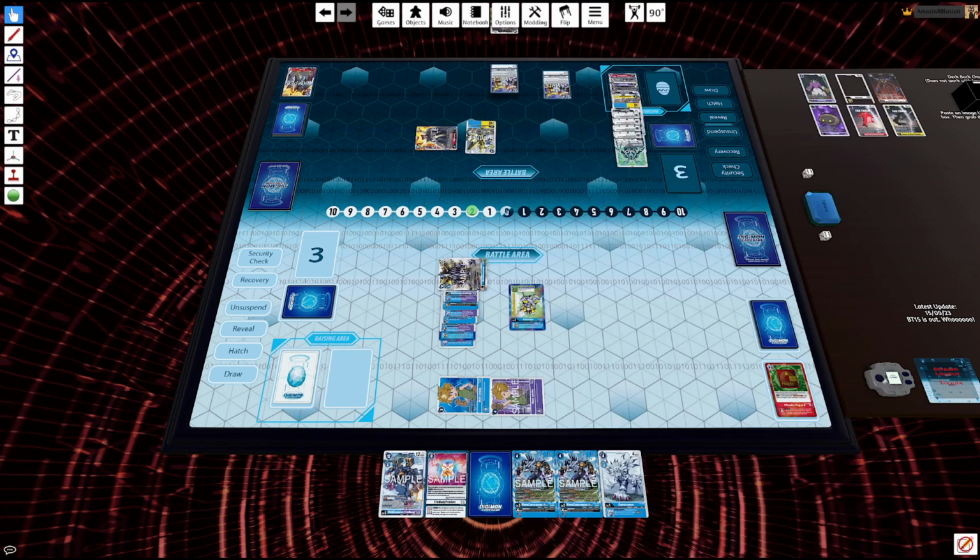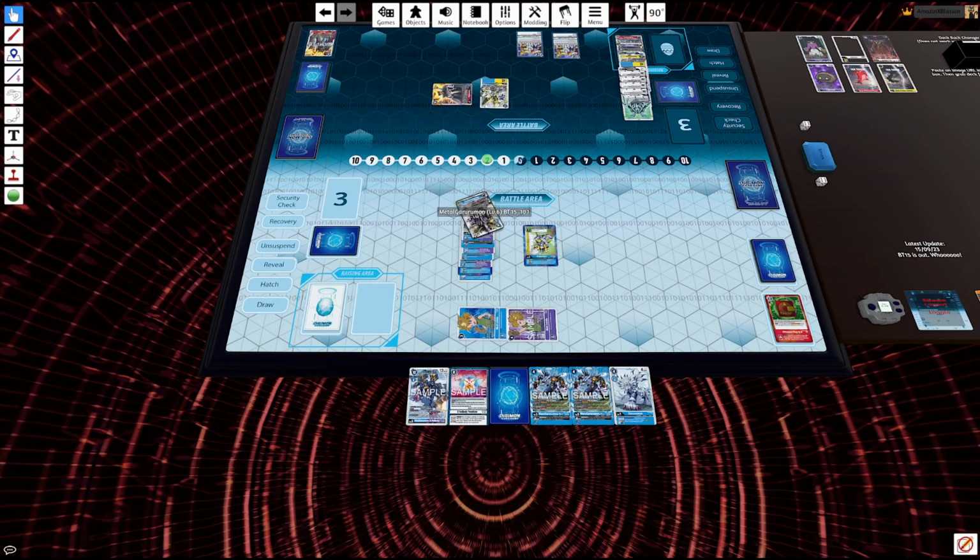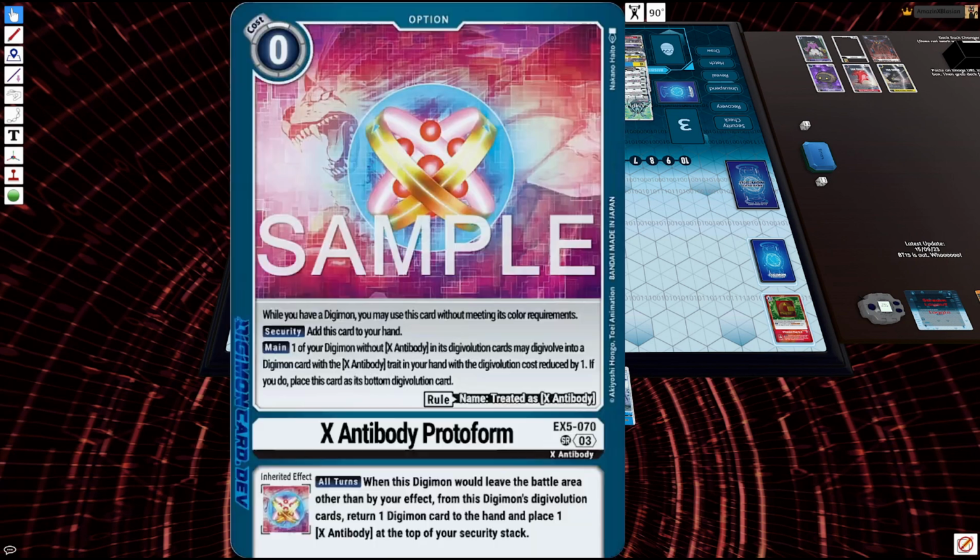Option card. We don't care about it because it doesn't do anything to us. So now I would immediately unsuspend because this Digimon was suspended. And it still does have security attack +1. So now, just to deal with the potential being deleted by card effect, I'm going to activate the option card